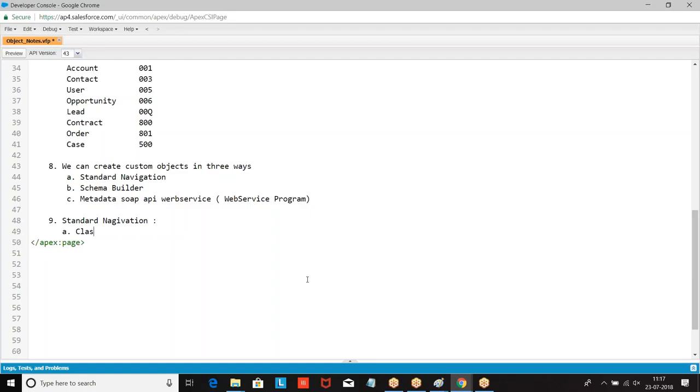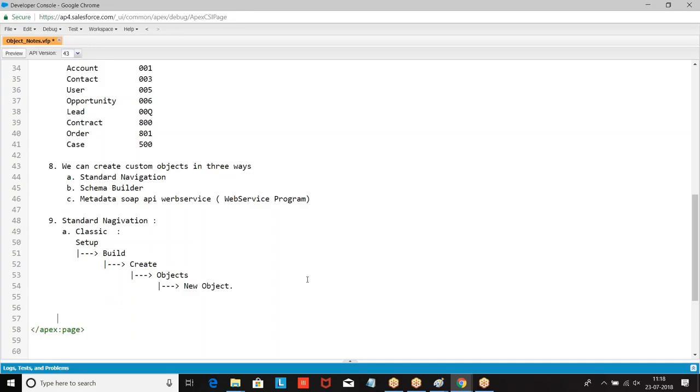In Classic, the navigation is: Setup, Build, Create, Objects, New Object.